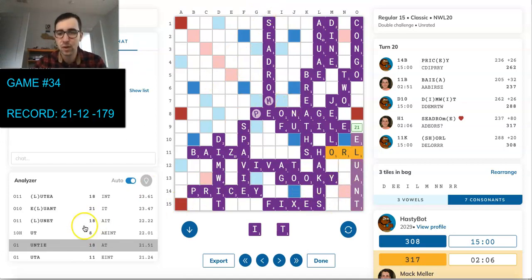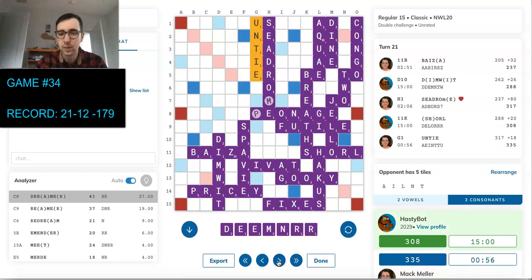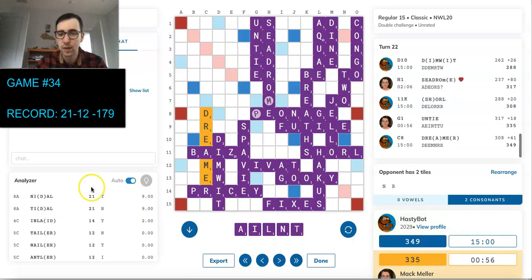And let's face it, Eluant only scores 3 more than Untie, so he could even still just play Dreamer, and I could run into similar issues as Untie in those few endgames where it is enough to win. So I think Untie's got to be the play here. Yeah, he plays Dreamer, and of course HastyBot's engine is showing it ties, but I don't have...